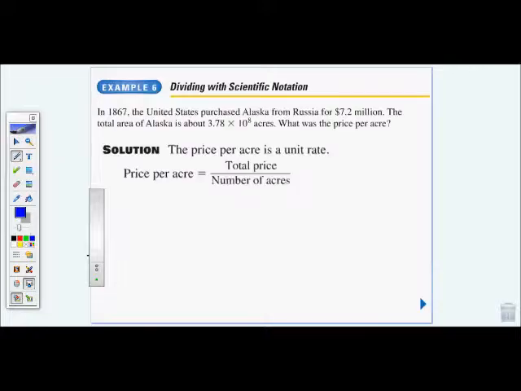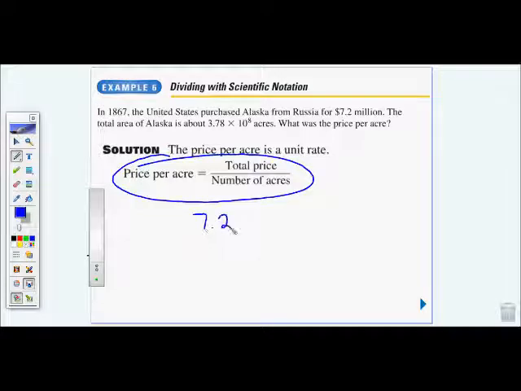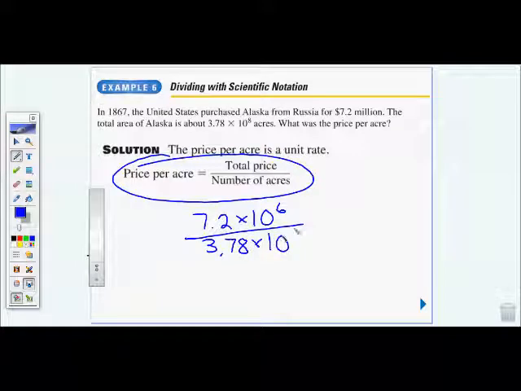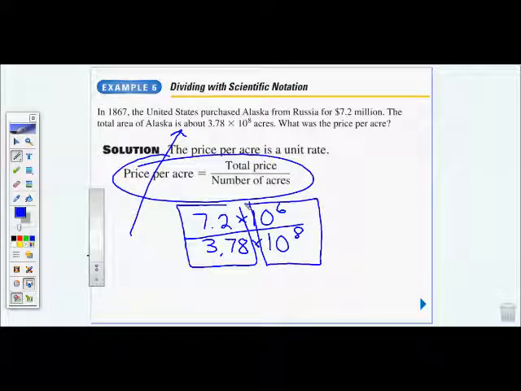And then our last one, dividing with scientific notation. Again, taking the information we have here and just understanding how to set it up. And then when we set it up, we would have had 7.2 times 10 to the 6th power, and that would be over 3.78 times 10 to the 8th power. Again, setting it up is what we would need to look for. Where did I get this information up in here? And then we've already talked about the process of you would separate your terms and simplify. And that finishes us off for lesson